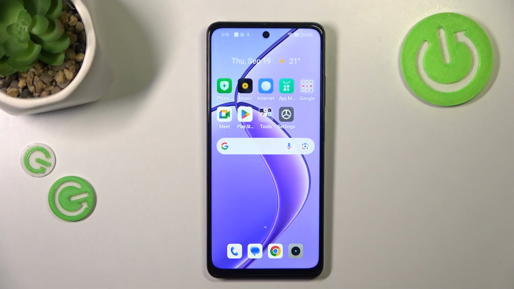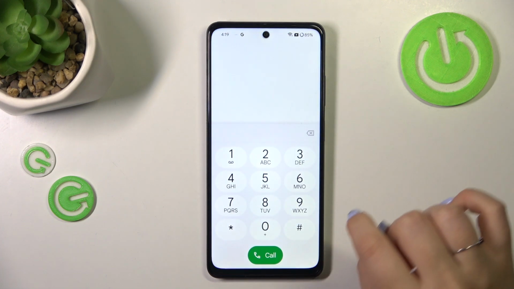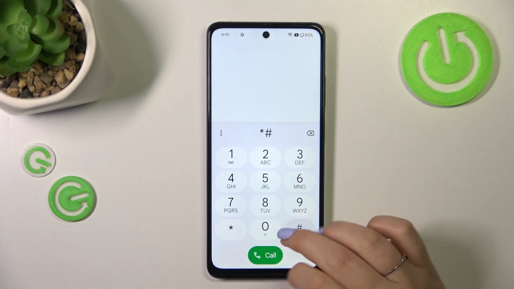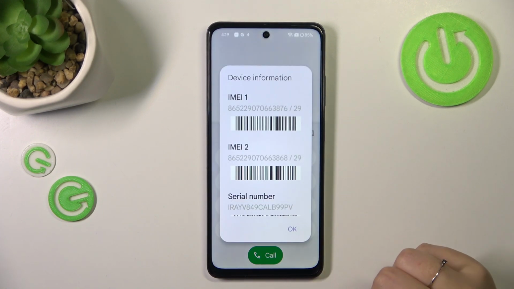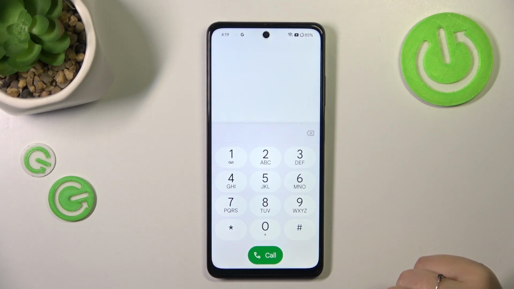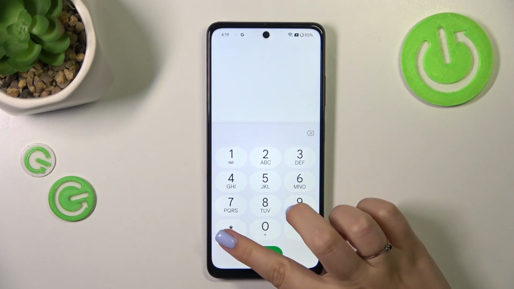So let's start with opening the dialer, as it is the place where we can enter all of those codes, and let's start with the shortest one, which is *#06#. And as you can see by this code, we're provided with both the main numbers and the serial number of this device. So let's tap on OK and let me show you another code which is actually pretty similar to the previous one. It is